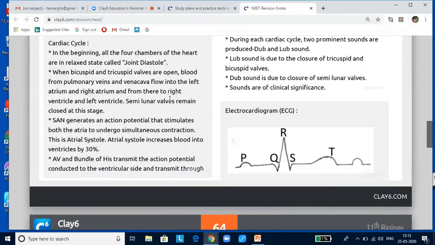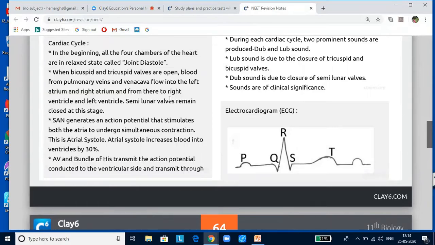The bicuspid and tricuspid valves open and blood from the pulmonary veins and vena cava flows into the left and the right ventricle respectively through the left atrium. SAN now generates an action potential leading to atrial systole. The action potential is conducted to the ventricle side by the AVN and AV bundle, from where it transmits to